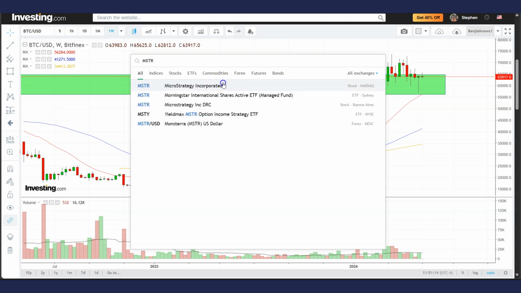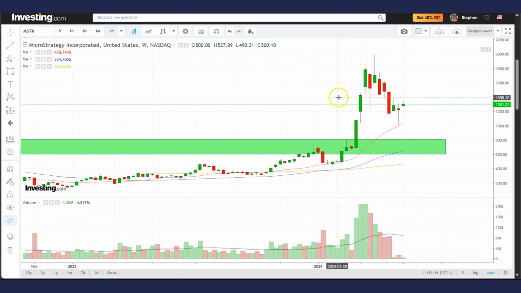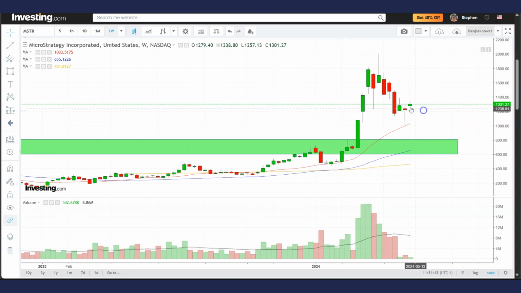So let us go back to MicroStrategy right now. The same analysis can be done. What does this tell you? The stock rejects to go lower, right? That's why it closed higher. But having said that, you must remember that we have to look at the lows of this bottoming tail. So eventually, if the stock decides to trade below the lows of the bottoming tail here, then it signifies weakness,